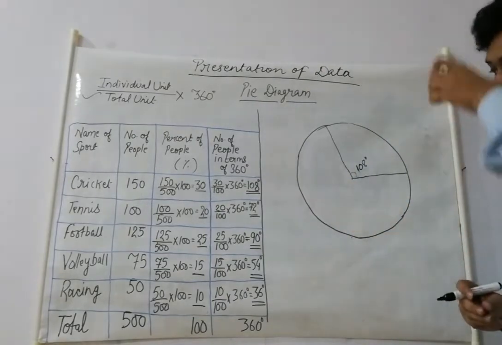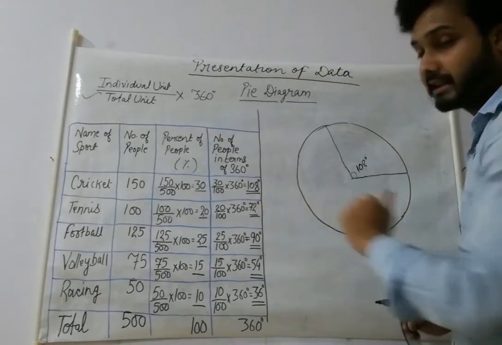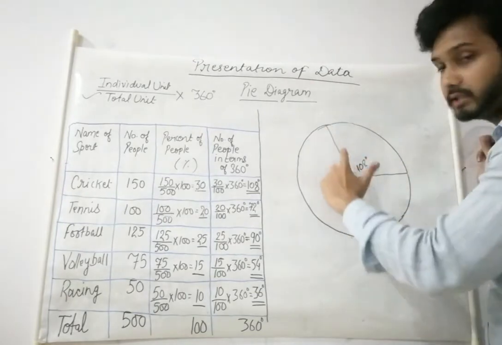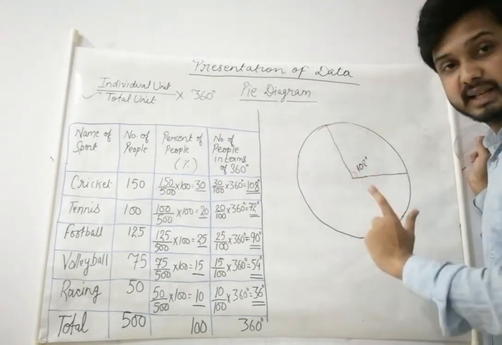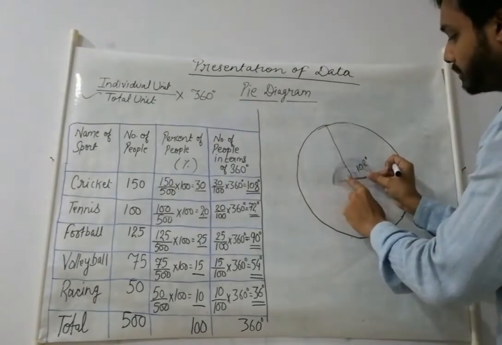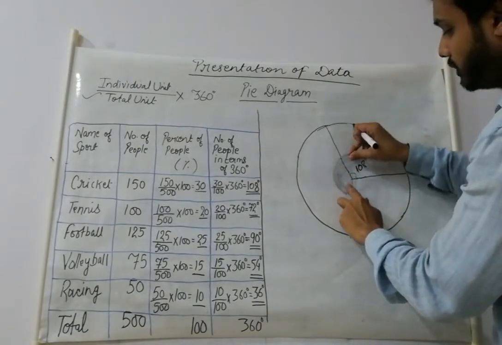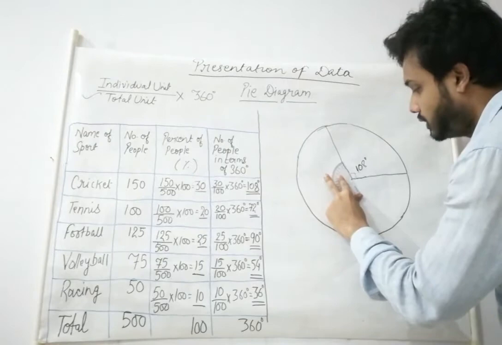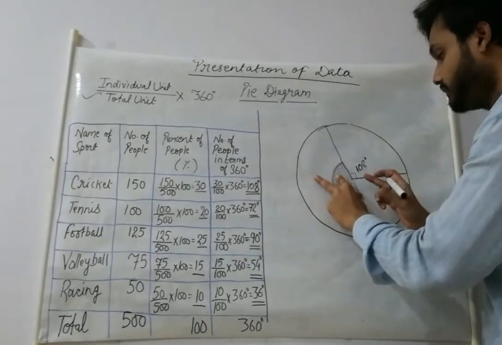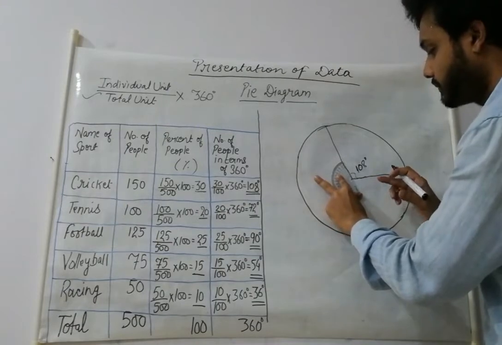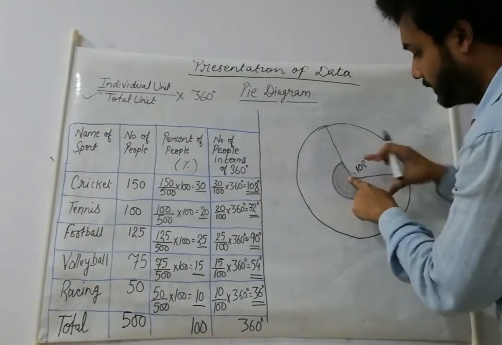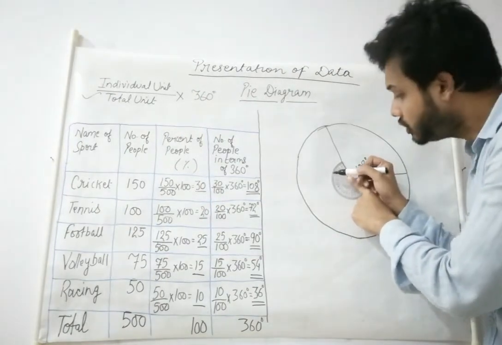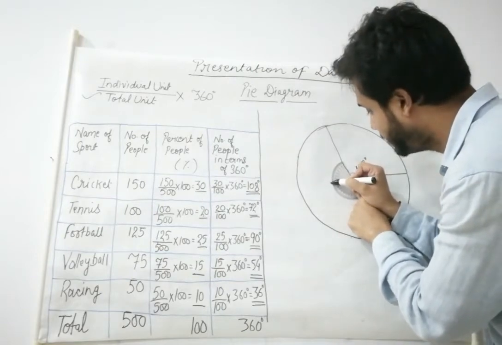Then the second one, okay. When we come to the second one, we have to plot 72 degrees here. So now we will not use this line. The new line which is made here, okay, this will be our baseline now. It means that earlier we were placing protractor like this. Now just rotate your protractor and make this line as your baseline. It means that this line should lie in the 0-degree line, okay. So your protractor will be kept like this and now look for 72 degree. So 0, 10, 20, here it will be 70. So after 70, two small lines are made which will be your 72 degrees.